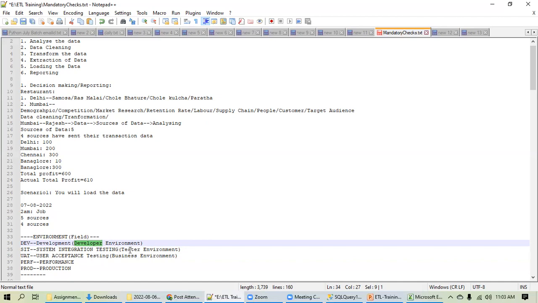After that, you have the SIT environment. This is the tester environment. Once the chef or the cook has cooked the food, if you go to a buffet or any other good restaurant, what happens? They have some special team. They will test each and every food, how the taste is. So that is like the testing environment.